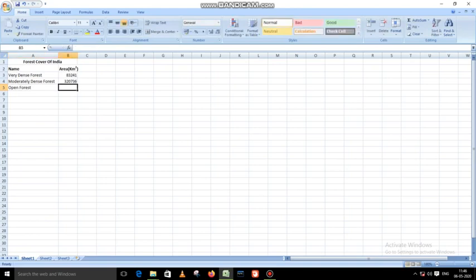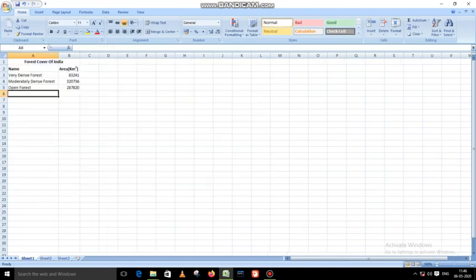When we do this sum, always read the question properly. After completing everything, what do we have to do? This value we have entered. Now if you look at the question on page 131, we have to change the alignment of the heading, this heading Forest Cover of India.